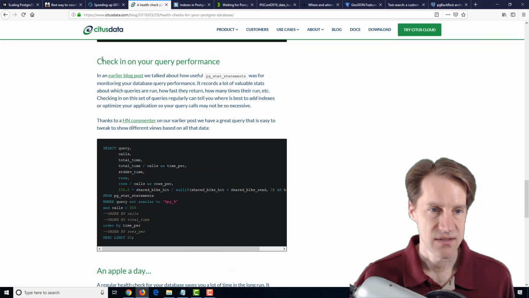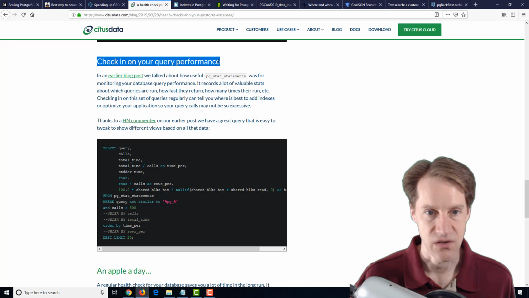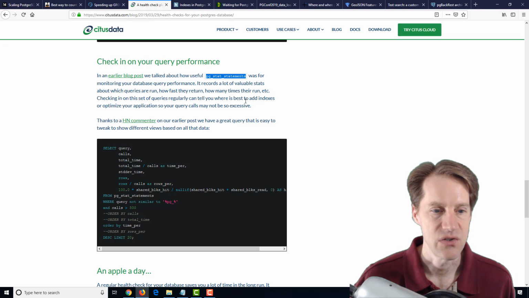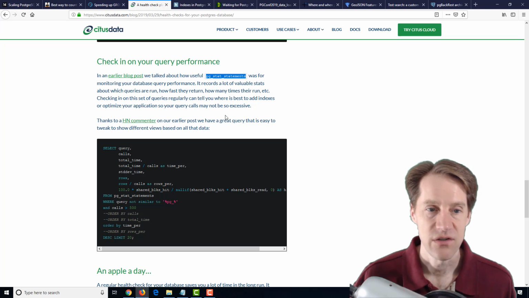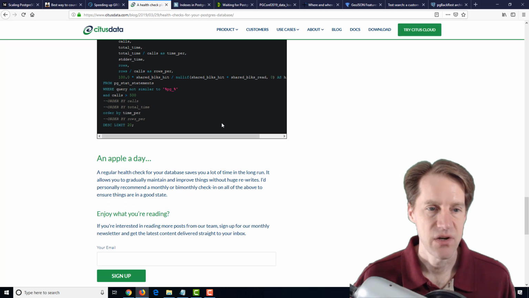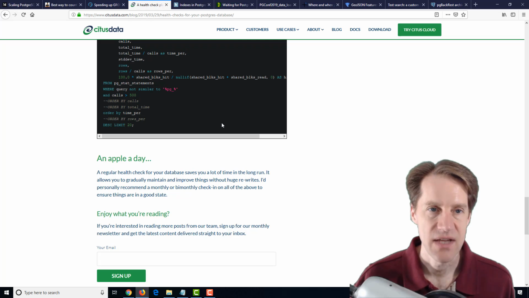And then, of course, they consider checking on your query performance. So using things like pg_stat_statements to understand what queries are running against your database. You could also turn on the slow query log so you can see what queries are running slowly in your database and get a sense of what queries you need to improve your overall database performance. So generally, pretty good review of the things you should keep on top of with regard to maintaining your Postgres